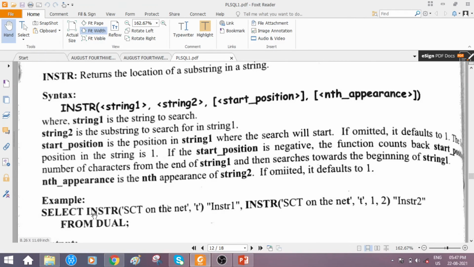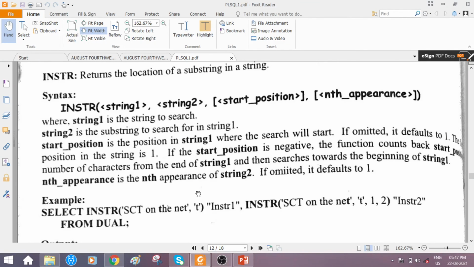Select instr in string. This is the first argument, string 1. What is string 1? Sct on the net. This is the first argument, the original string.